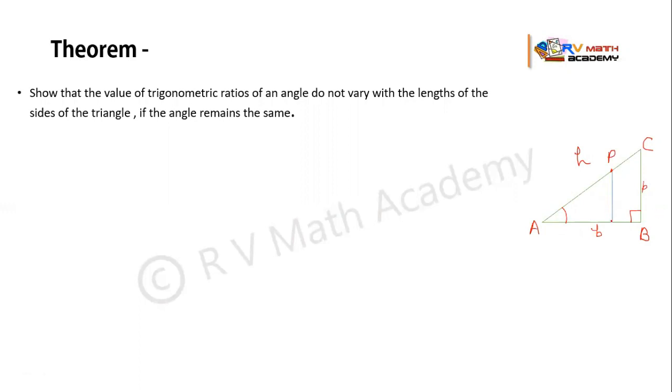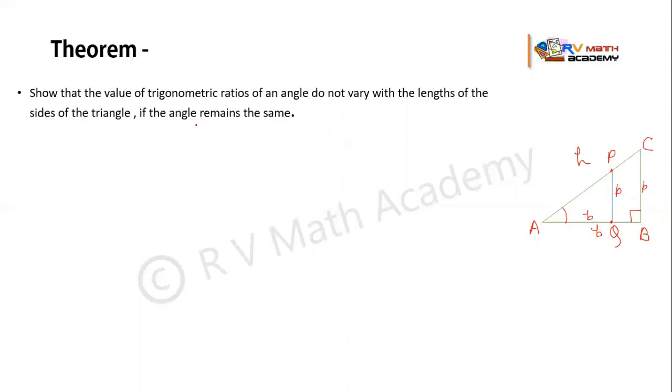If I take a point P on the side AC, and if I draw a perpendicular from it, we can mark this point as Q. So we know that the side opposite to this angle A in this triangle is also perpendicular. So here PQ is the perpendicular, and the side which contains this angle is the base. So here AQ is the base of this triangle APQ.